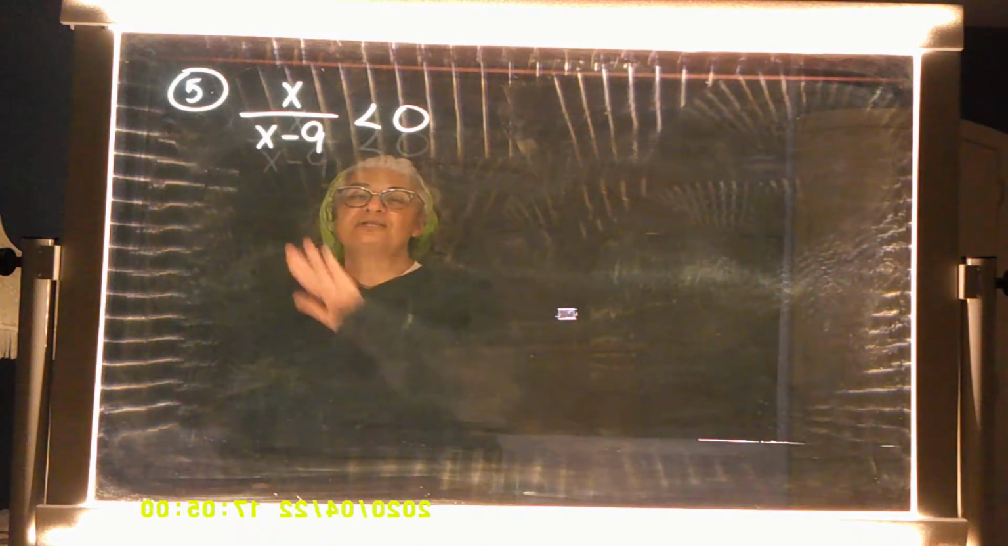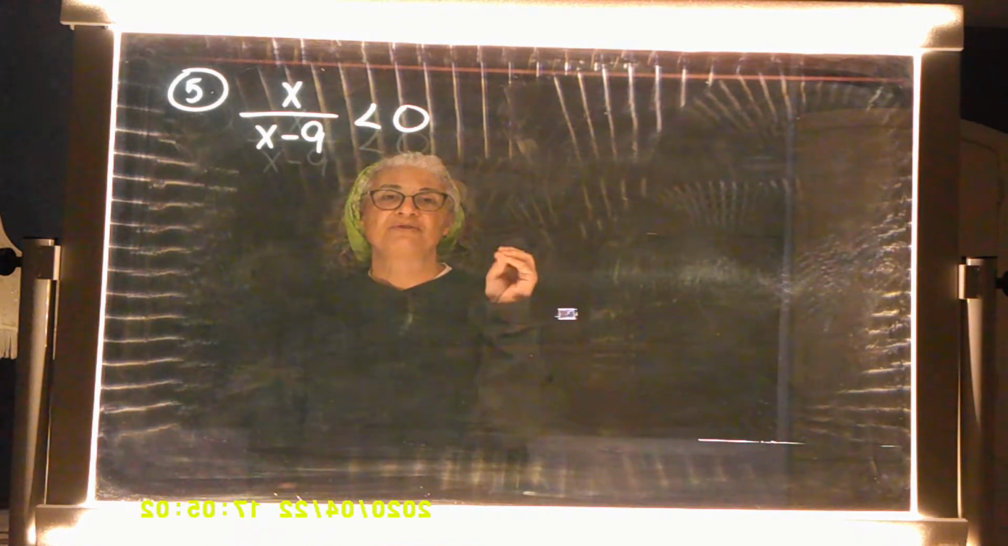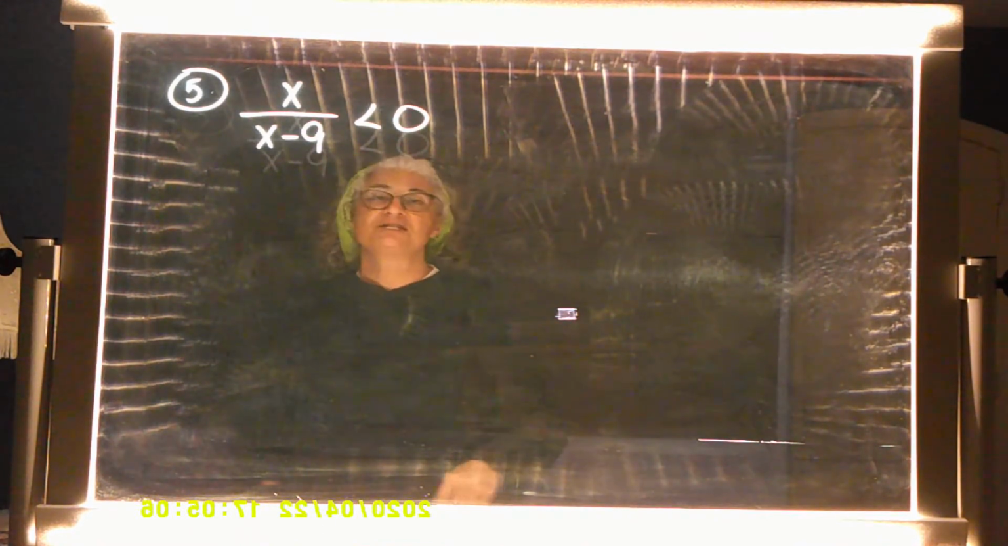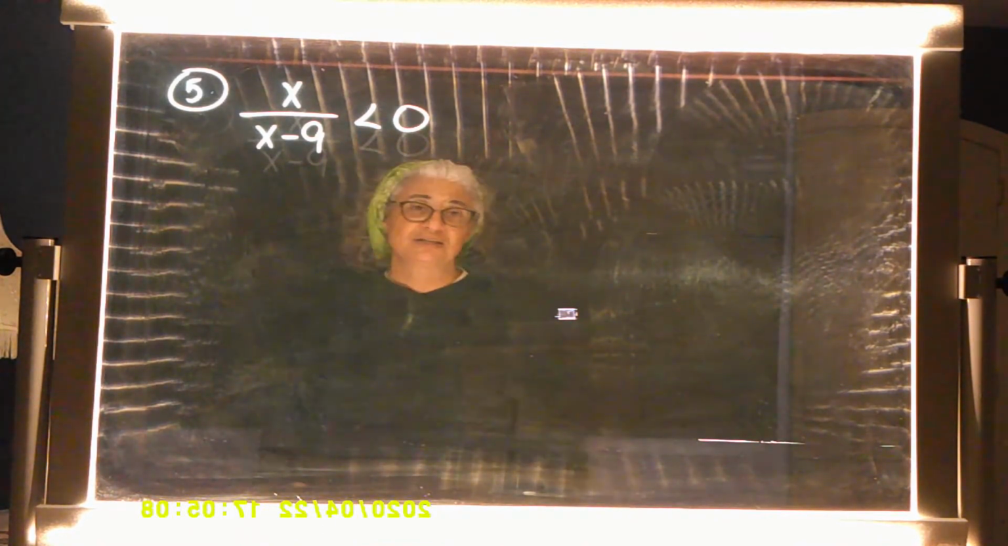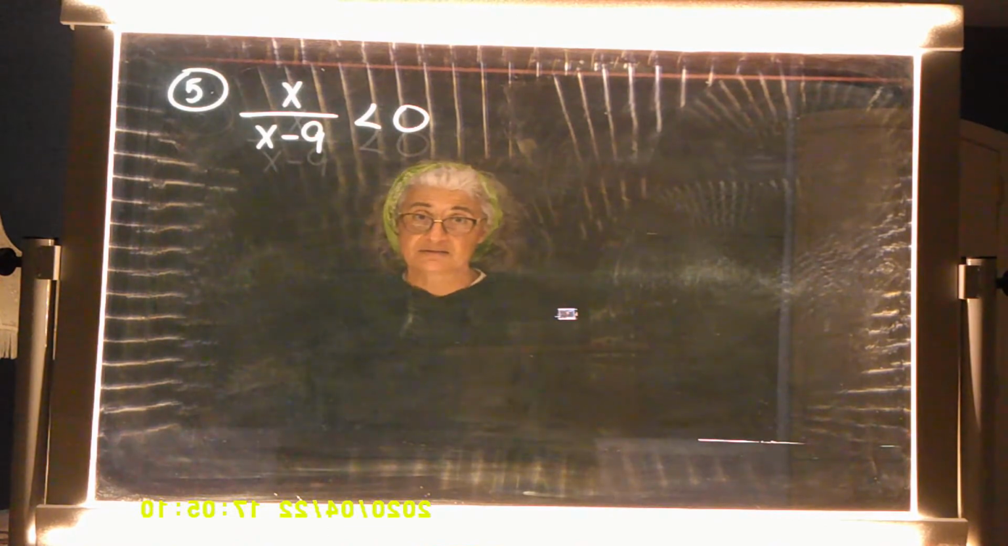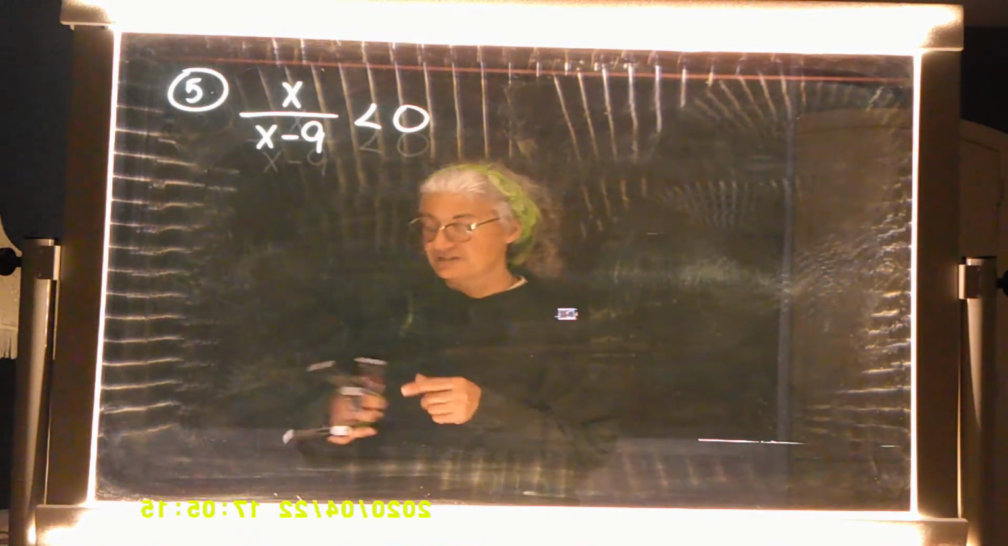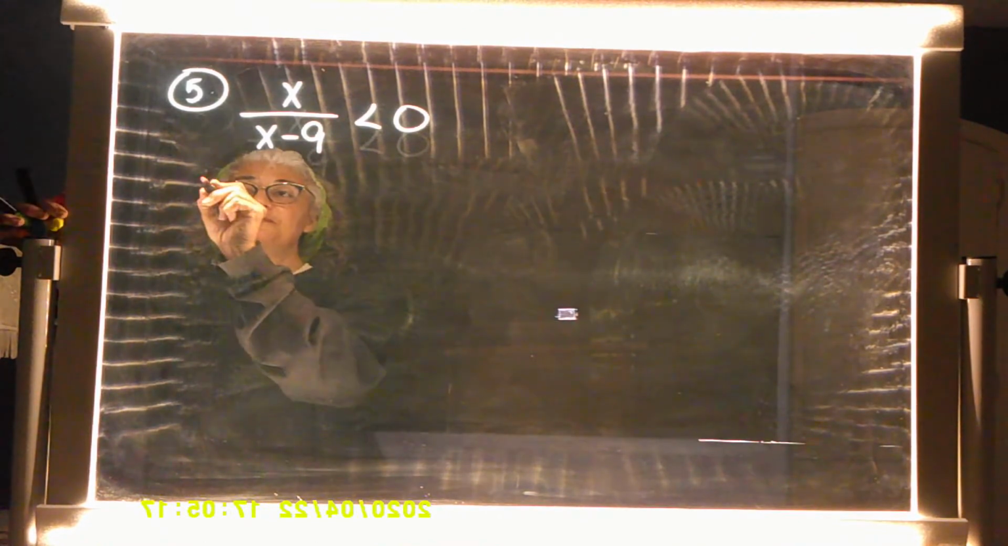Because if you get rid of this denominator, you actually get rid of a very important number. So never get rid of that denominator when you're dealing with an inequality. Got it? Okay, can't stress that enough. So here's the deal. In order to solve this,